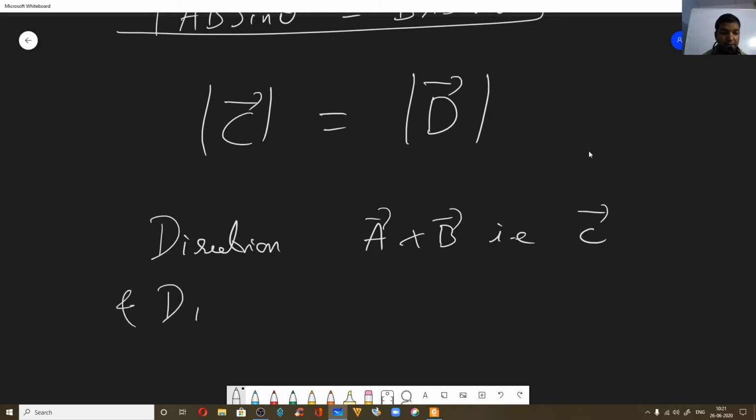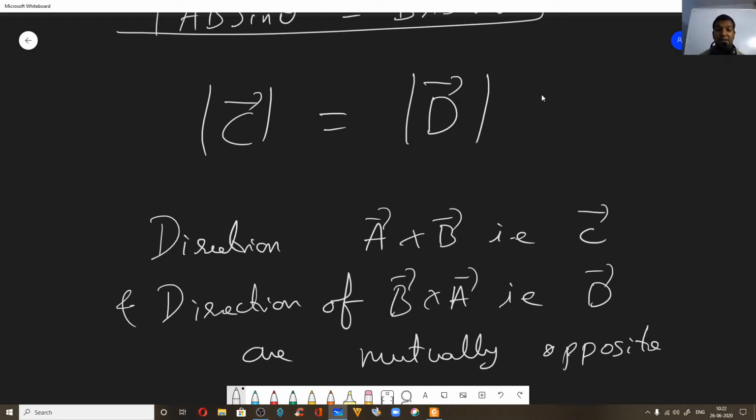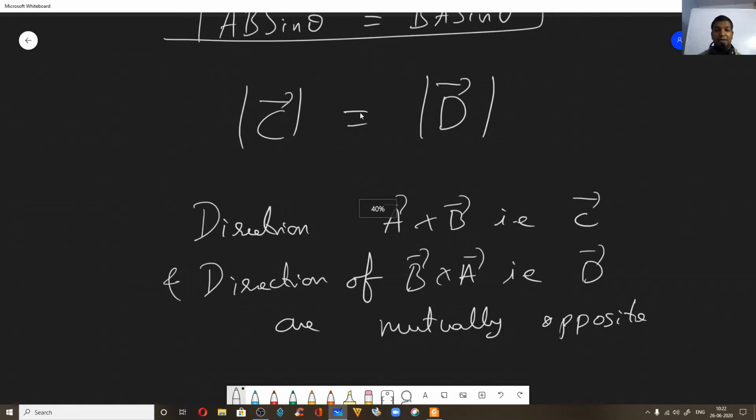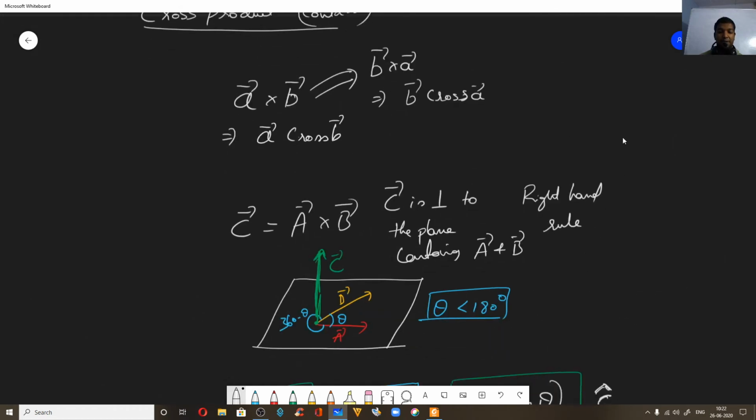And the direction of B cross A, that is vector D, are mutually opposite. But what is the interesting thing we found here? The magnitude of vector C and magnitude of vector D is same. Now if you try to write from this diagram, you can see that